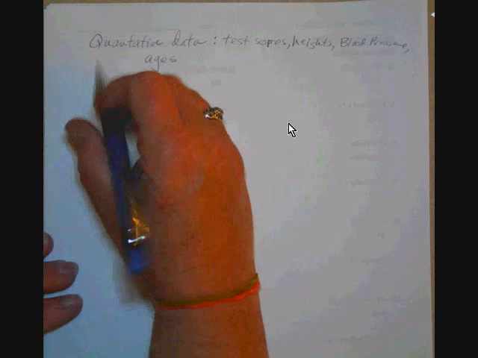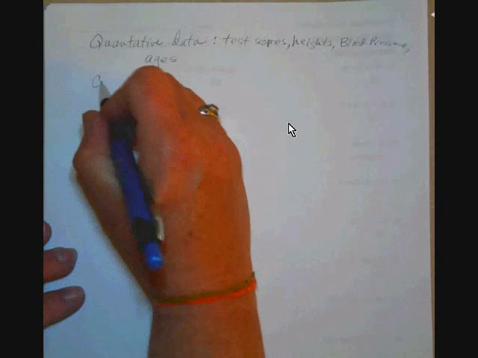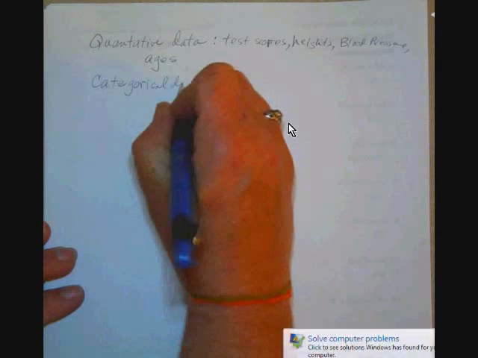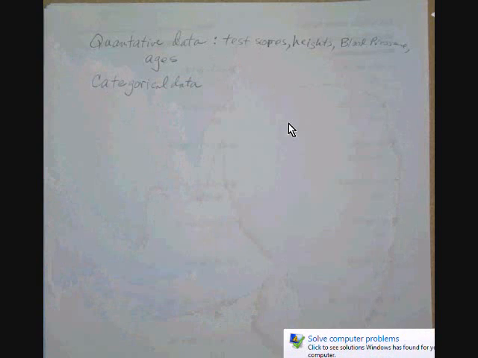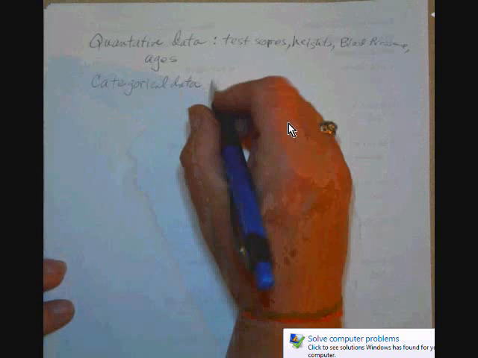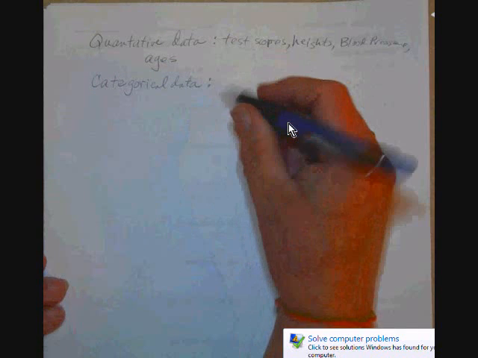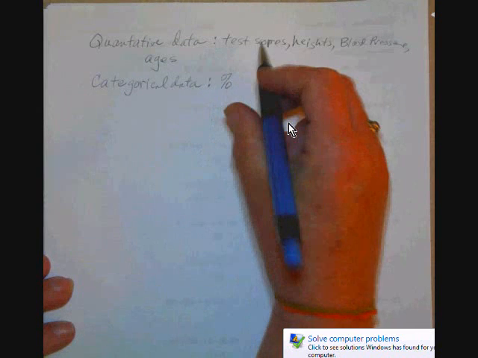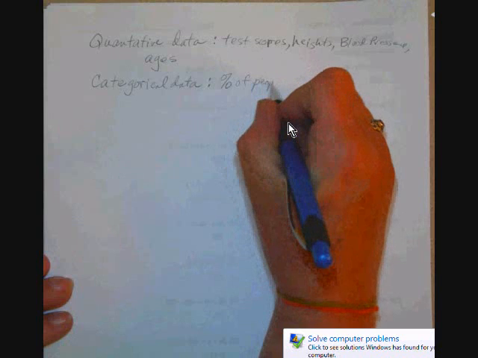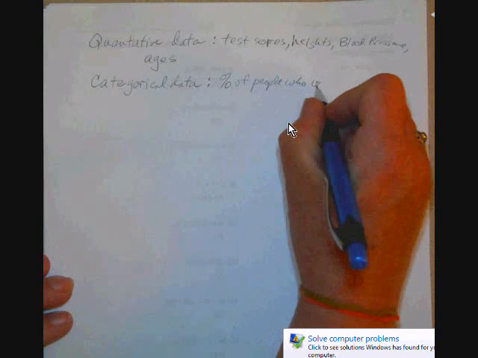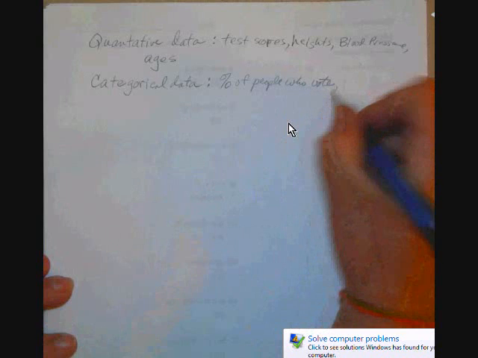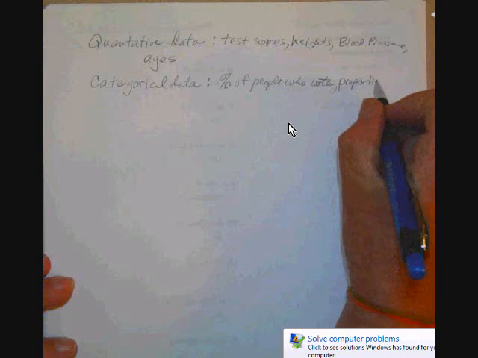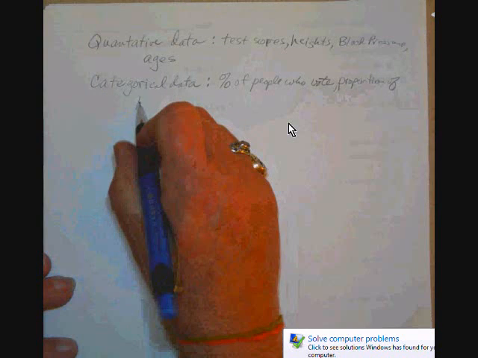Or I may be looking at percentages, and I'm going to call that categorical variable, or categorical data. So those are usually done in percents. So that might be the percent of people who vote, or who vote for something in particular. That might be the proportion of households